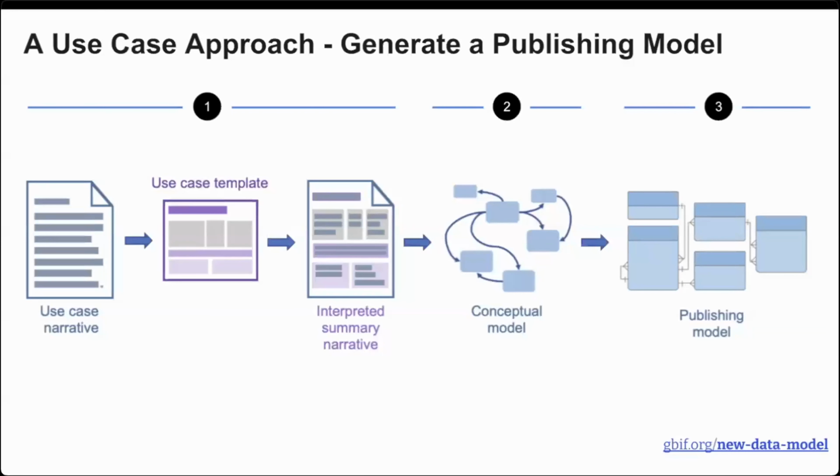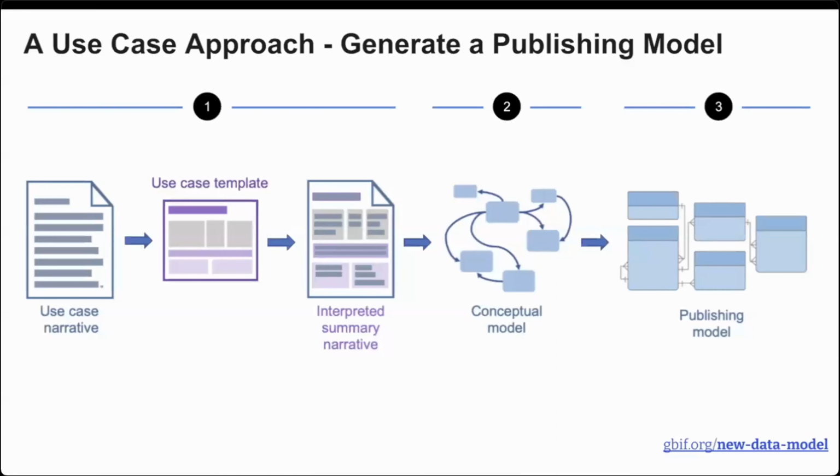Getting this right requires extensive testing with real data and the people who know them. The process is iterative both within and between use cases at all steps of development. We're constantly checking the implications on the unified model of integrating additional use cases. The idea here is that when we reach the point of proposing a publishing model, there's nothing missing in the unified model that was not specifically identified as needed in a use case, and there's nothing in the publishing model that hasn't been tested and found sufficient for the identified needs.